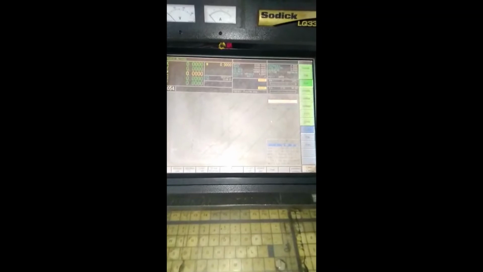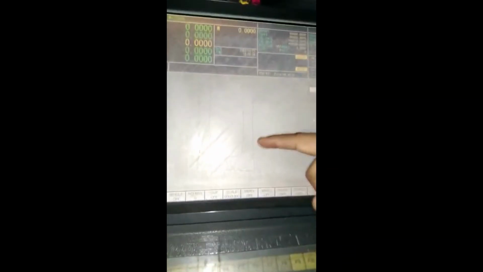Once we convert the program into the format of this machine, we start the machining over the wire EDM process. In this process, the program is prepared with the help of the machine itself according to the job drawing. This is the machining component, or machining surface. Over the die surface we want to machine this shape of the component over that circular component, and then afterwards this die is prepared for further application.